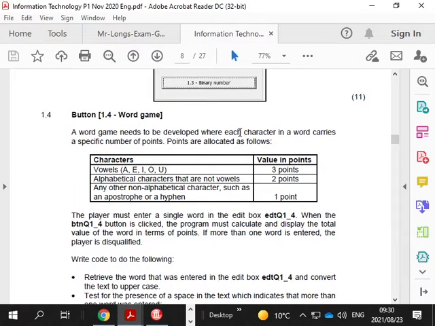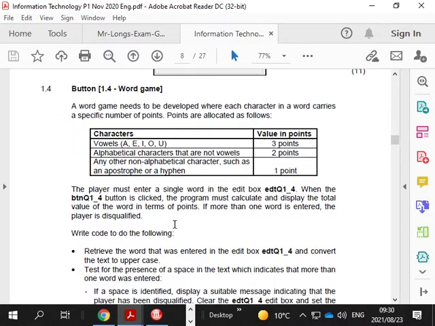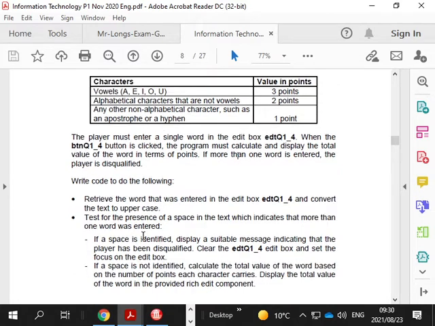Okay, a word game needs to be developed where each character in a word carries a specific number of points. Each character has points, so the vowels are 3, anything not a vowel is 2, any other character which is not alphabet is 1 point. What if the characters are numbers? Anyway, player must enter a single word. When the button is clicked, the program must calculate and display the total value of the word in terms of points. If more than one word is entered, the player is disqualified. Right, so if there's a space, well,